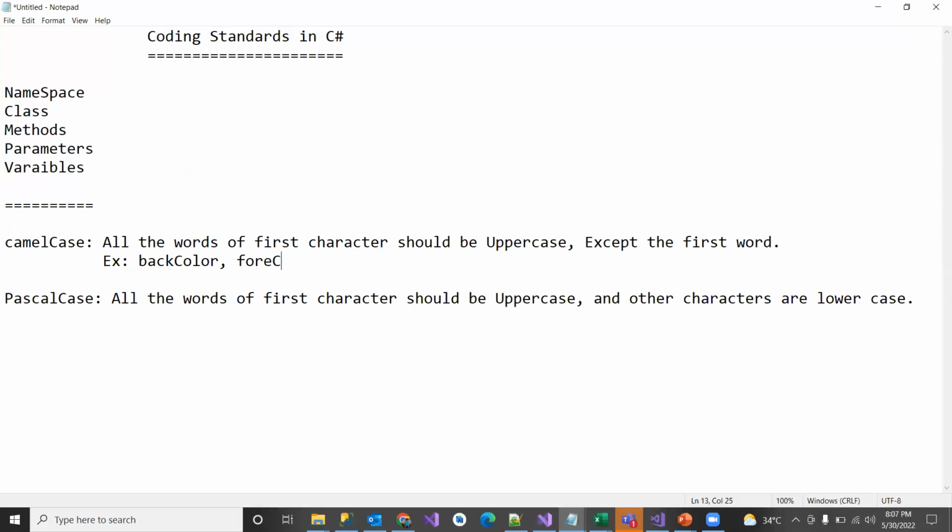And for color, first name, last name, like this. When it comes to Pascal notation, the naming convention would be that the first character of all words is capital. Back color, for color, first name, last name. Okay, so these two notations we are going to discuss